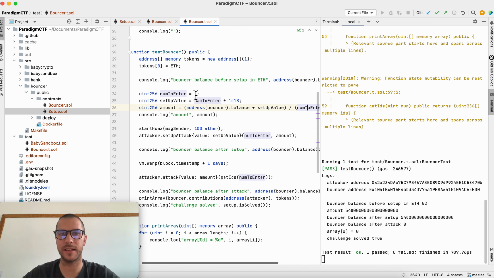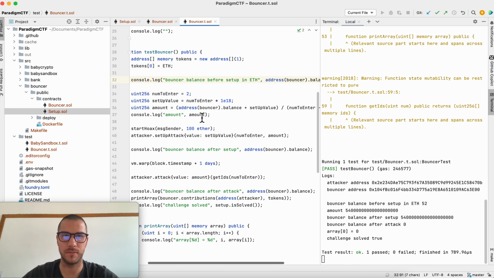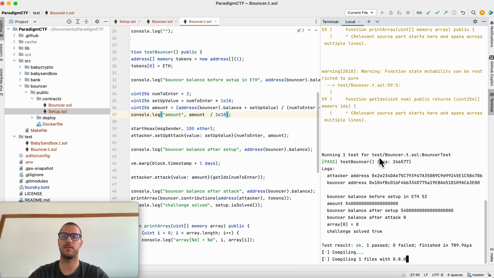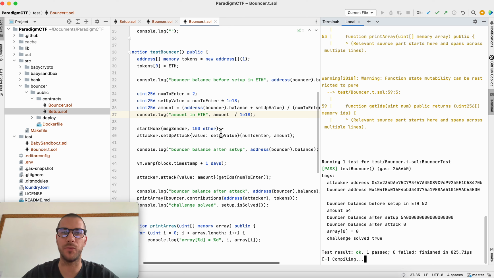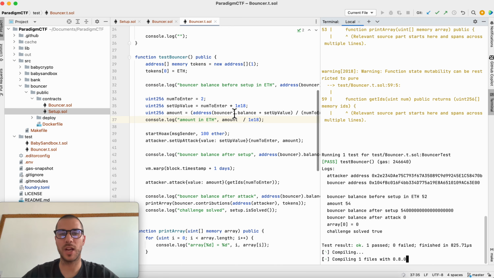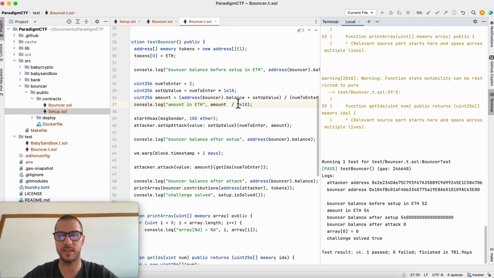In case you're entering 2 times, that amount is 54 ETH,